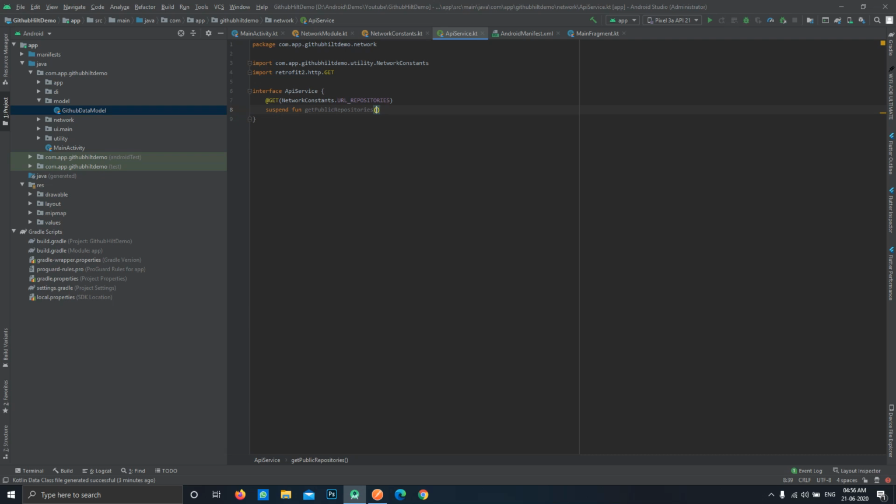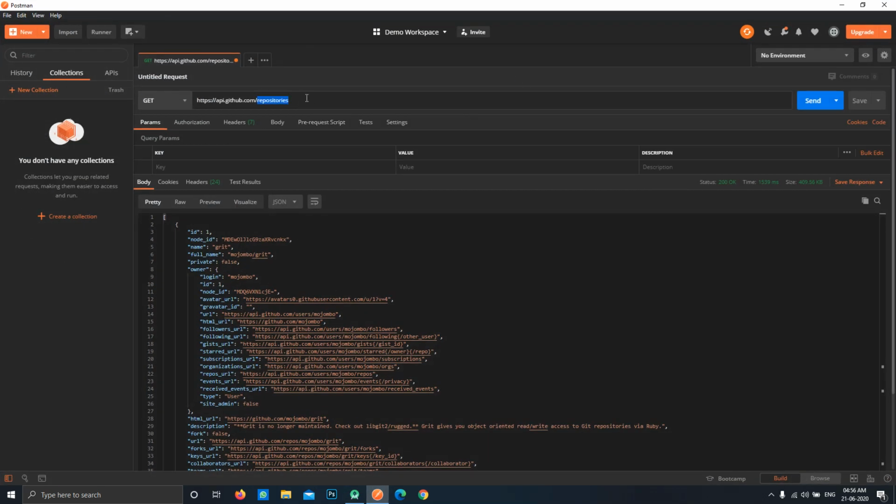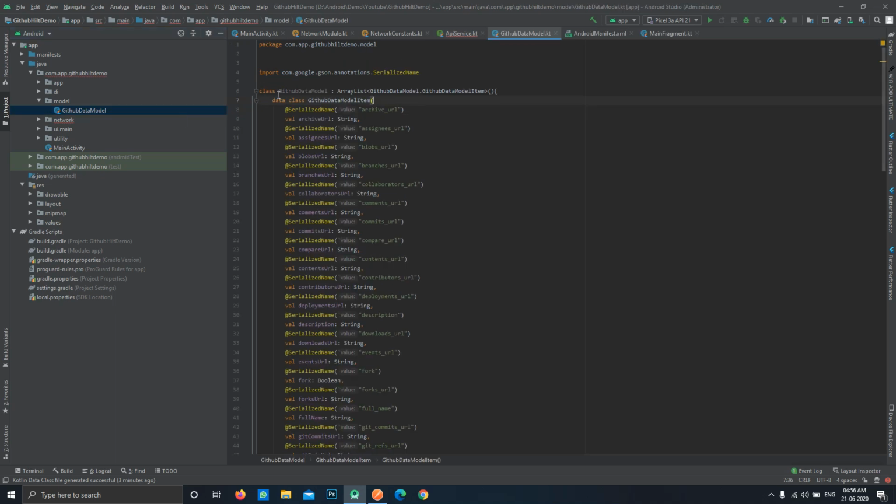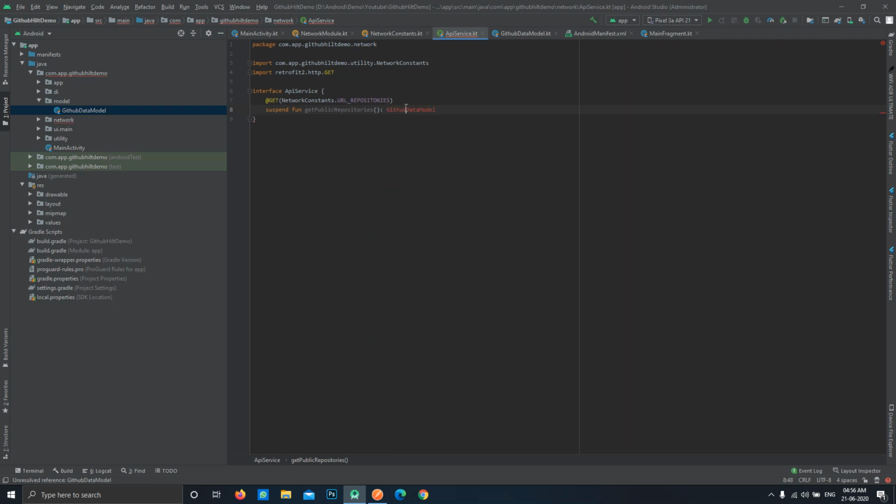Now this will not have any parameter, because there are no parameters or required fields for our API, so this will be empty, and the return type will be the model class which we have created from the result itself. So this will be this GitHub repository model. Just paste it over here. That's it for setting up our networking.